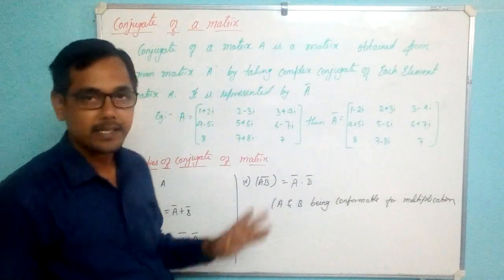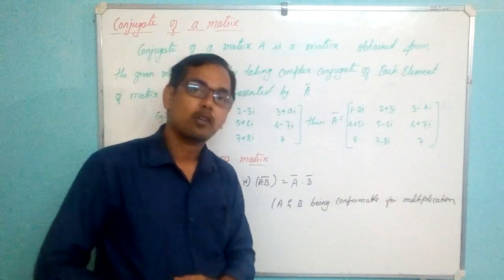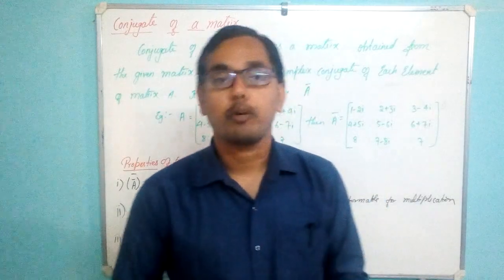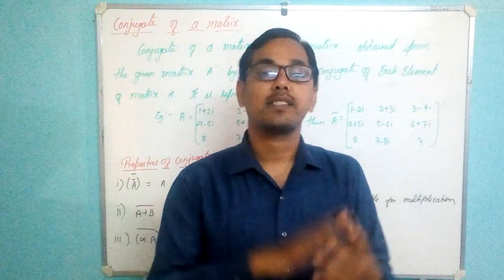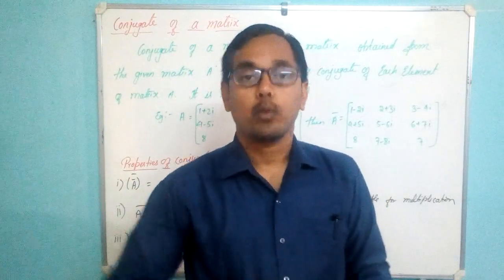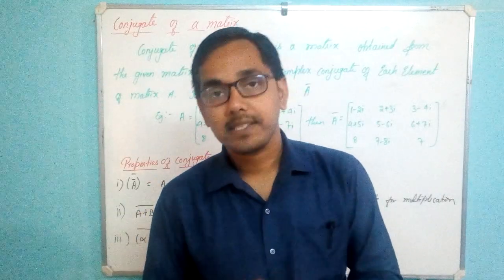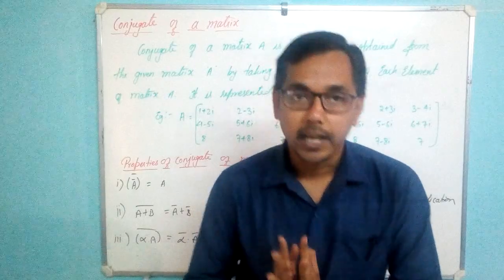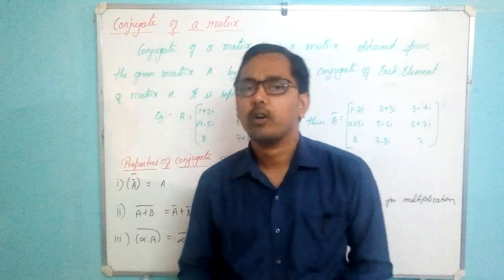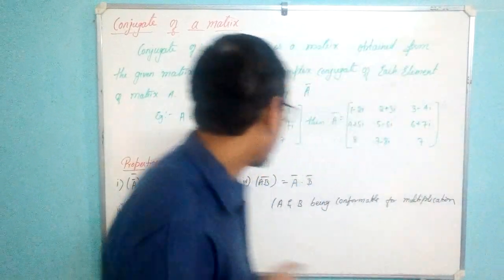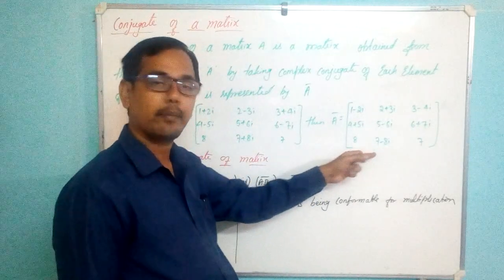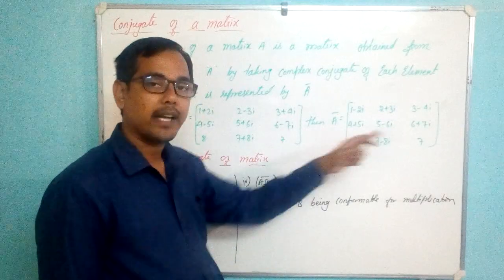8 will remain as it is, because even though 8 is a complex number, we don't have an i related term there. 8 can be expressed as a complex number. How? 8 plus 0 into i. Then what will be its conjugate? 8 minus 0 into i. So 8 minus 0 into i or 8, one and the same. So keep those numbers as they are. 8, 7 plus 8i, convert it into 7 minus 8i, and 7 as it is.